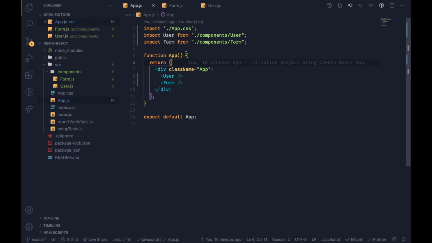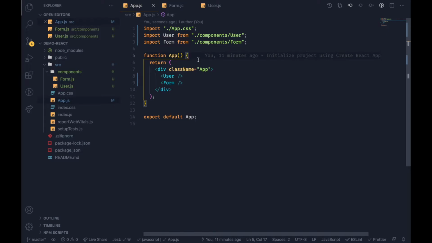Okay, and when you're working with state, we want our state to always be at the top level. We want it to be at the top and we want to pass it down into components. Because we're going to need the same state in user as we need in form, we don't want to have any state in user because then we can't pass state sideways to form. It has to come down. So we want our state to be in the top component where we need it, which is app in this case, and we want to pass it down into user and pass it down to form and access the same